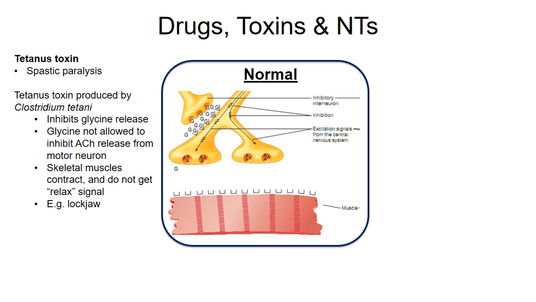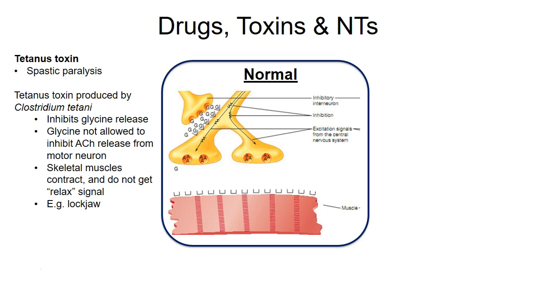So those are the general steps, sequence of thinking that you want to get into. Okay, so another toxin here is tetanus toxin. I have to introduce a little bit more about how the neurotransmission operates at the neuromuscular junction and talk about how this toxin works. So you guys are familiar with the motor neuron releases acetylcholine, which causes the skeletal muscle to contract, right? Everybody comfortable with that? Okay? So it turns out that this is the motor neuron. Here's our skeletal muscle, let's say. There's another neuron that